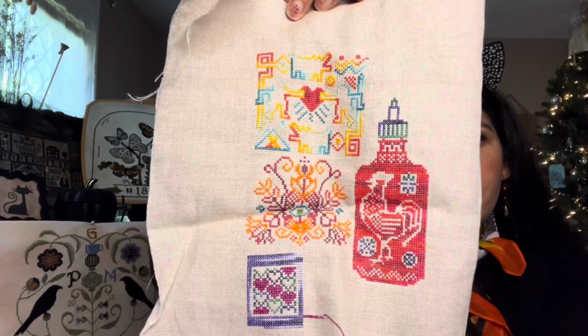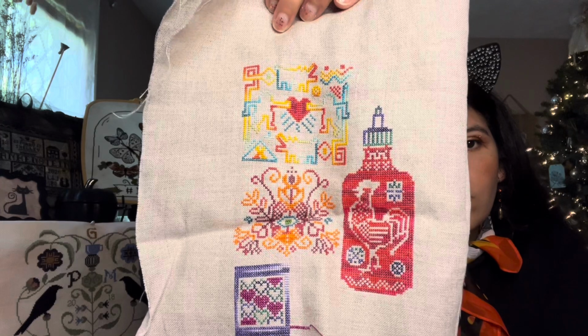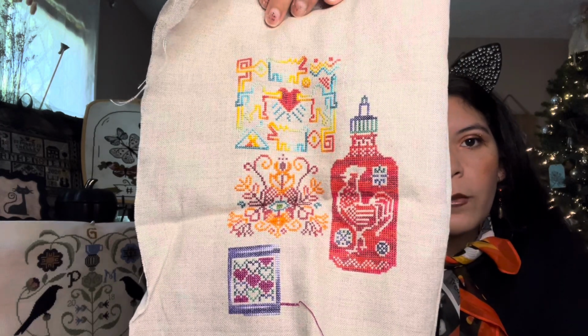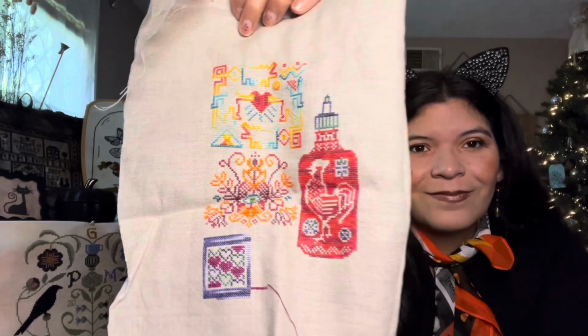because, you know, I don't want to fall so behind, and it's almost already done. I love the colors, and I'm using Pirate Robin Designs threads for this. I have more, but